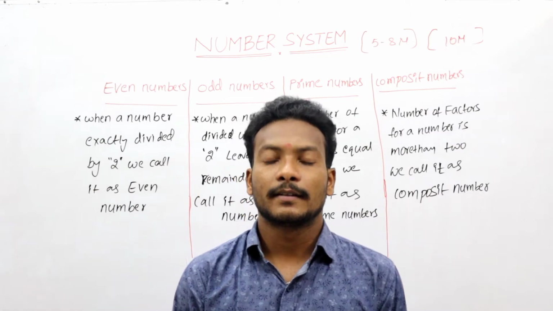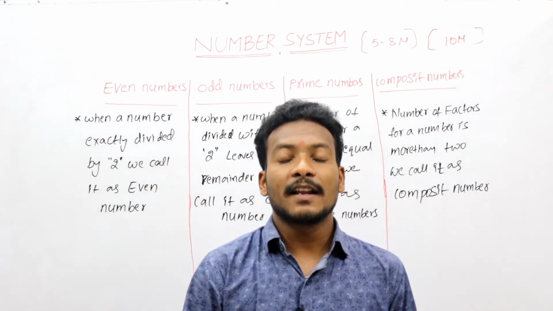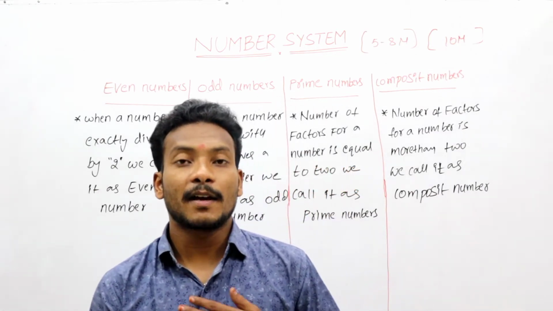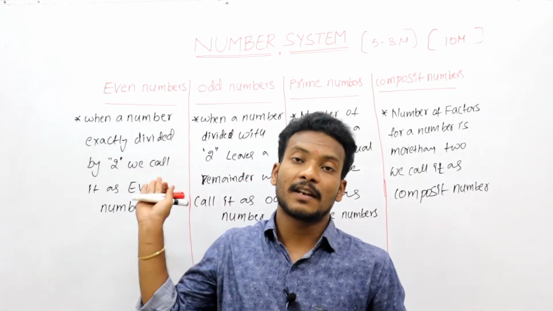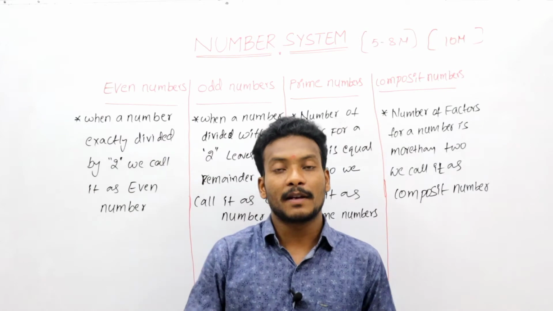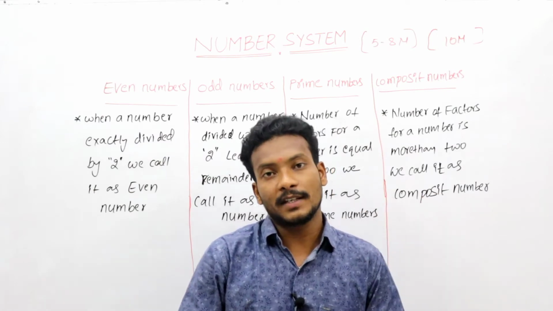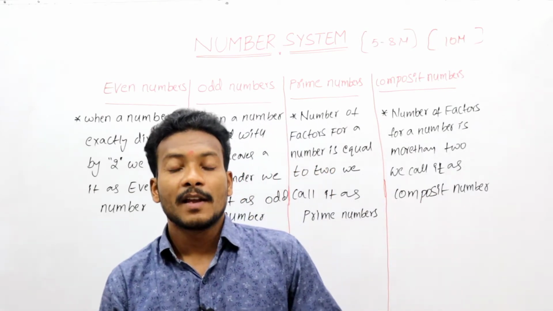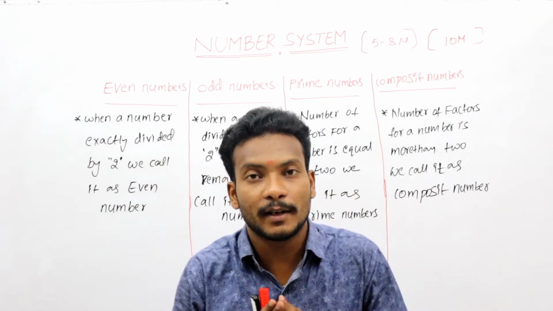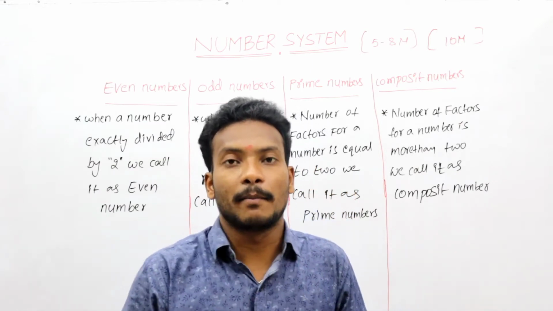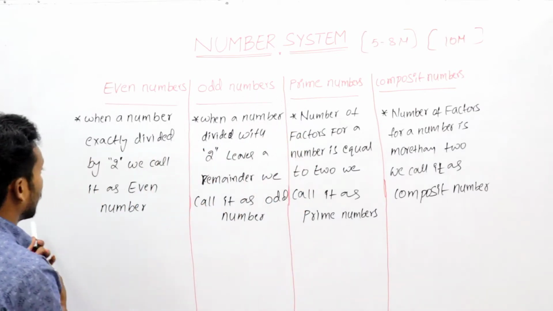Okay, right. Next, in natural numbers we discussed in a T diagram 4 different types of numbers. What are those? Even numbers, odd numbers, prime numbers, and then composite numbers. Only with the help of one rule the numbers are divided into two types. What is that rule? Look here.